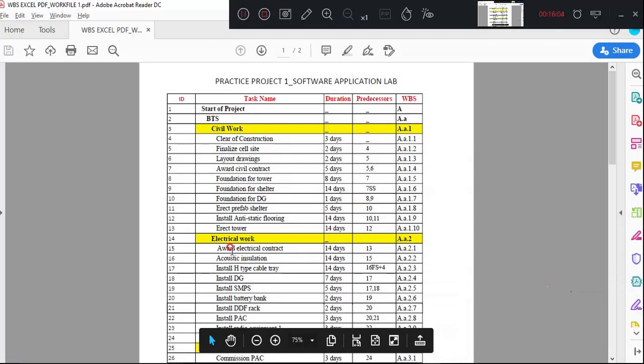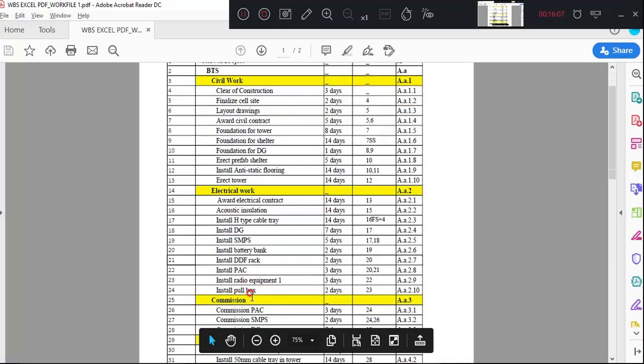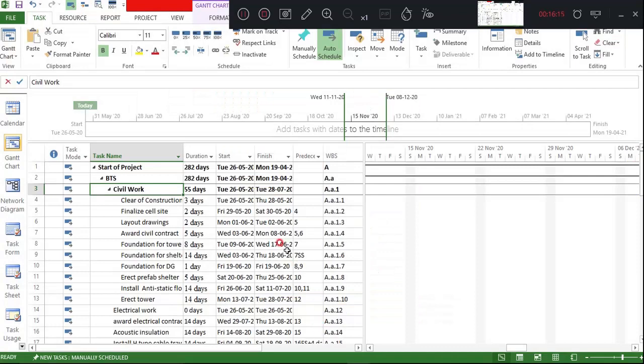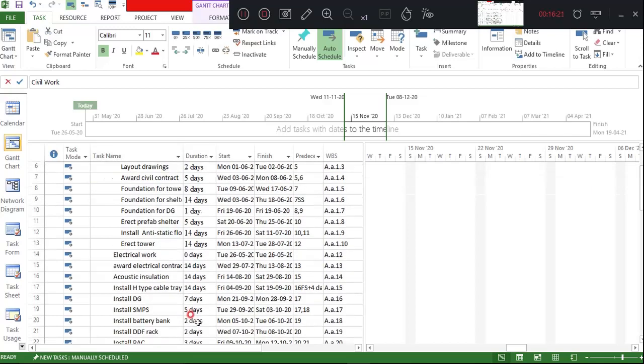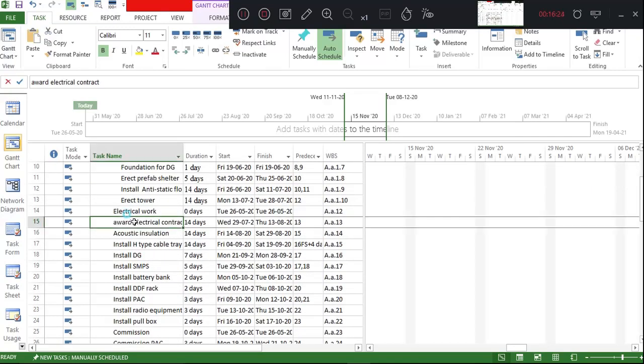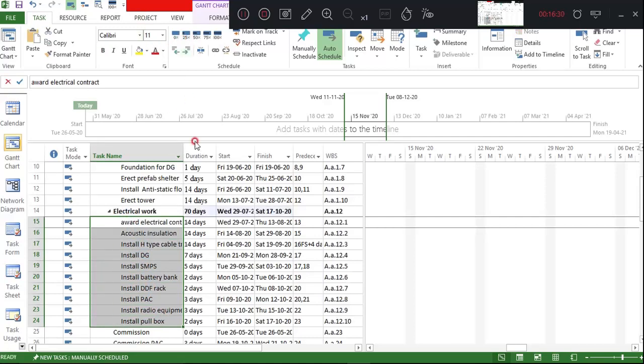Now just check under electrical work, up to installation pull box. These activities should come under electrical work. So how will we generate this one? All these activities up to installation should come under electrical work.